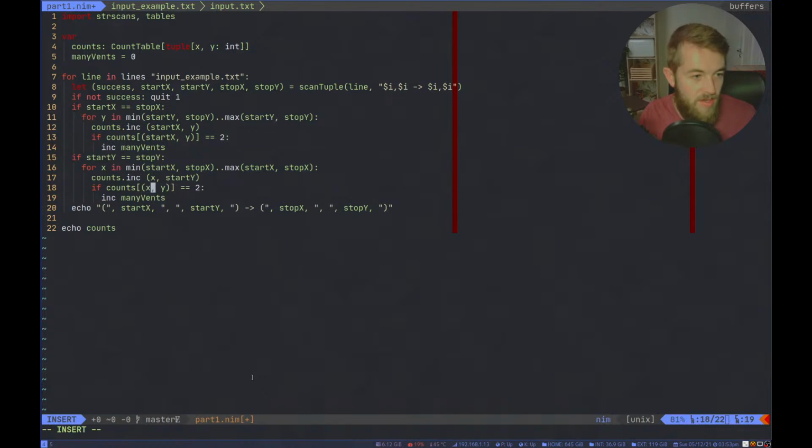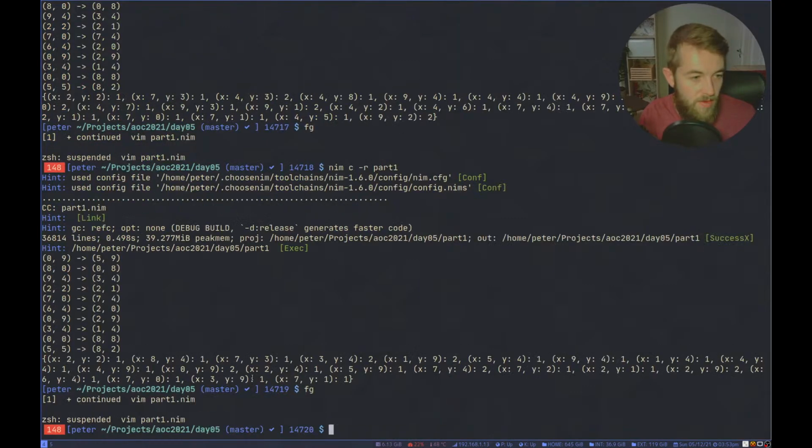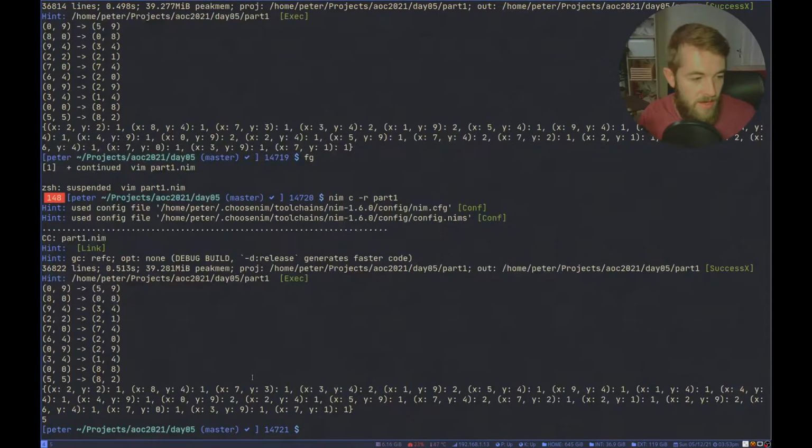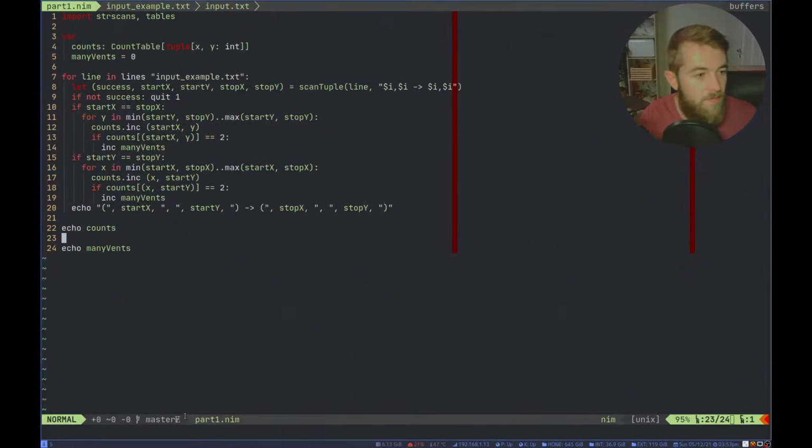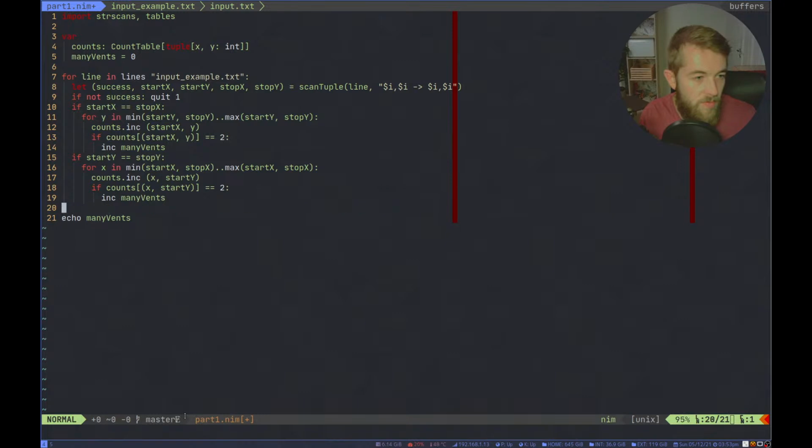And now we're repeating ourselves, which isn't great. If we now echo out our many vents down there, we can see that that outputs 5, which is nice. We can remove this echo, we can remove this echo,